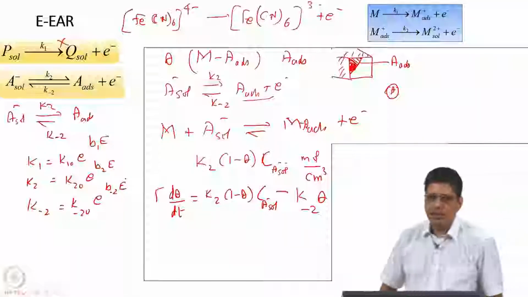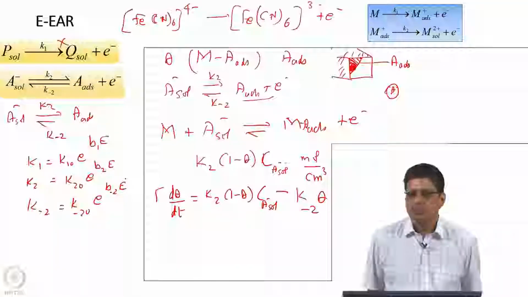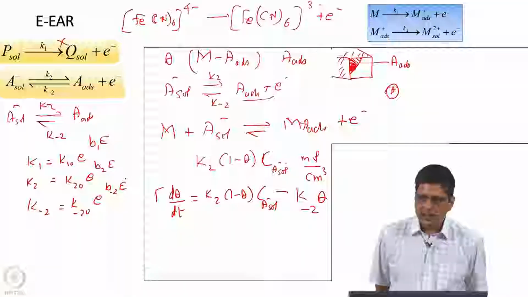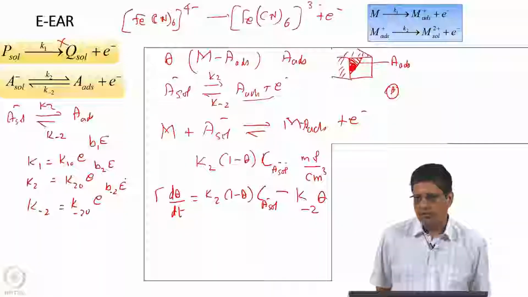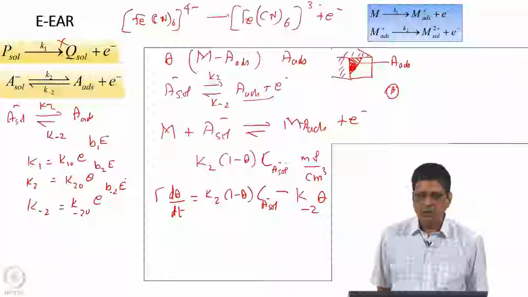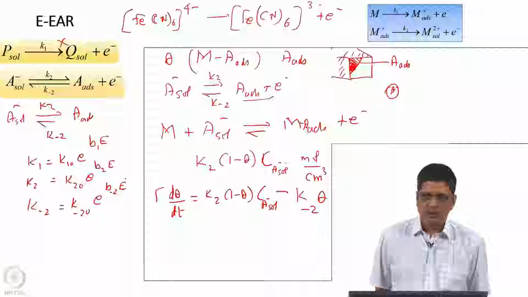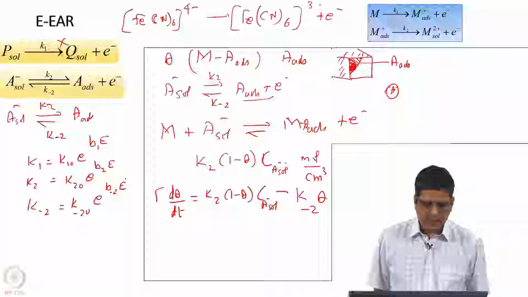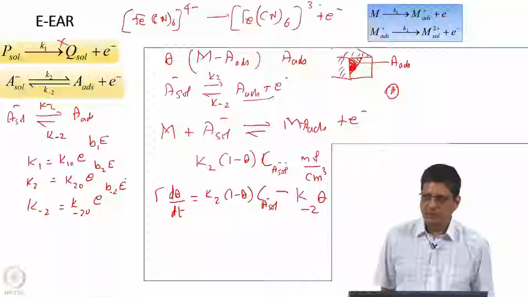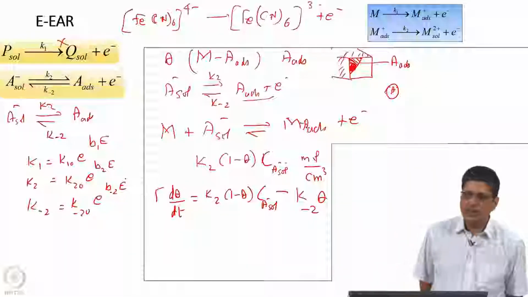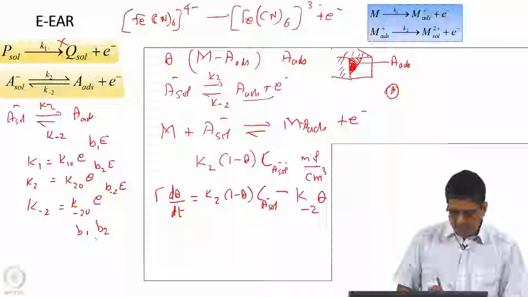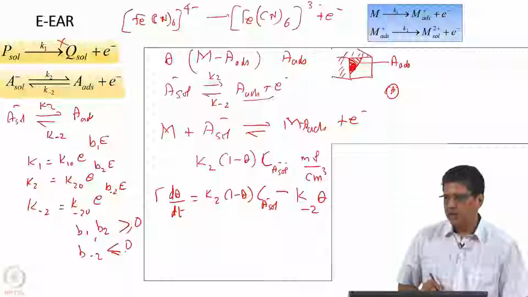and in our notation B minus 2 is going to be negative, or at least it can be 0, but it can't be a positive number, because if I increase the potential the forward reaction will happen more. If I make it more positive, I am pulling out all the electrons from this electrode, therefore the forward reaction will become more, the first reaction will also become more, and the reverse reaction in the second reaction will become less. So, K minus 2 will decrease with potential, K1 and K2 will increase with potential, which means B1, B2 and B minus 2 are going to be on the negative side.